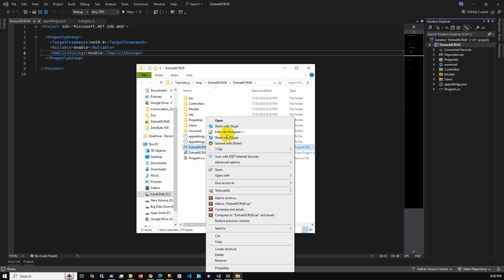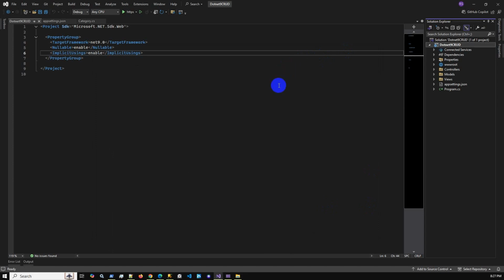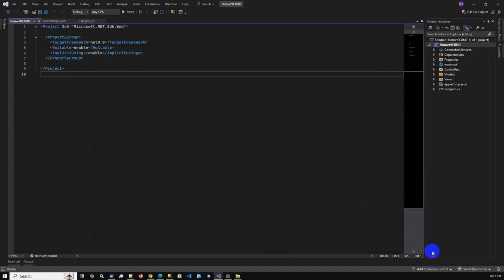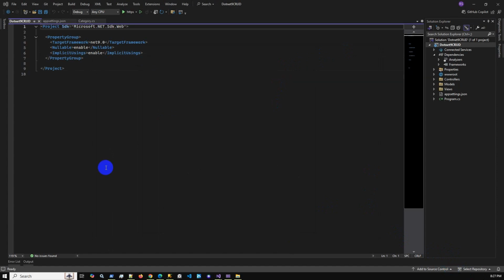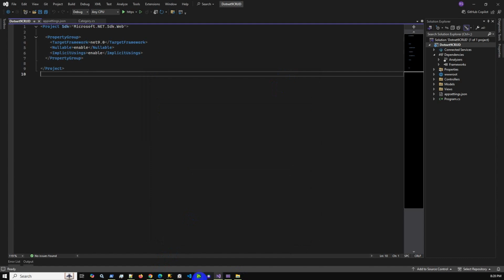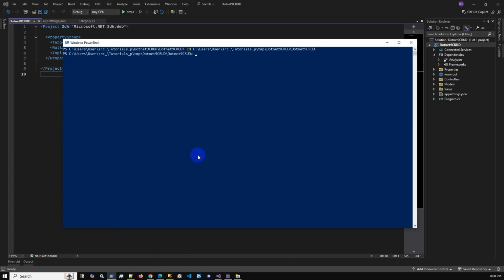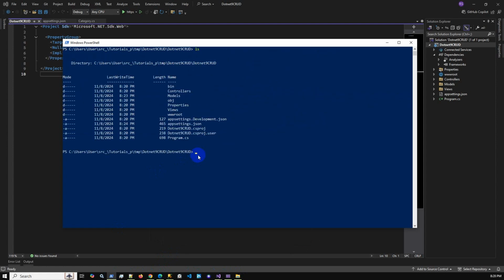If we open it with Notepad, interestingly it is not showing the installed package. Oh, sorry, somehow we did not copy the right project path, but here is our right project path, because the first time we created the project using F#, so later we moved to C#. So this is our project, and here we have to install